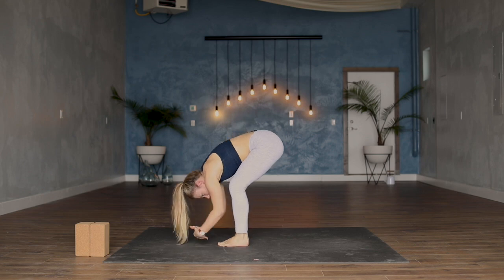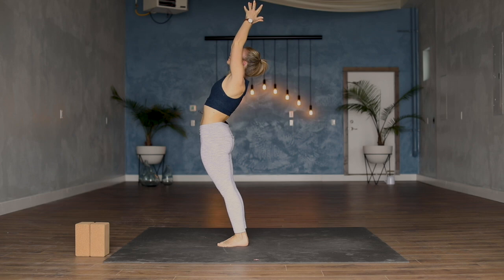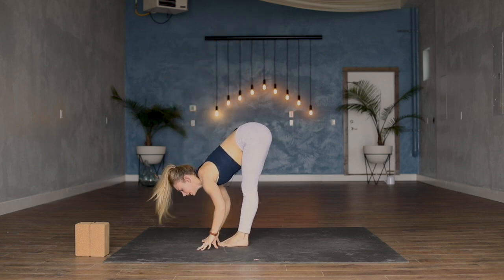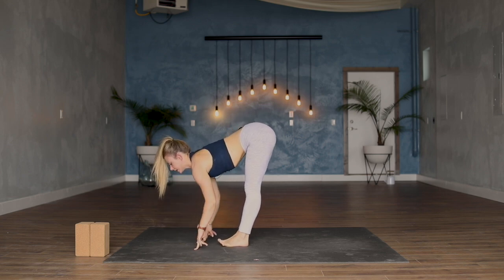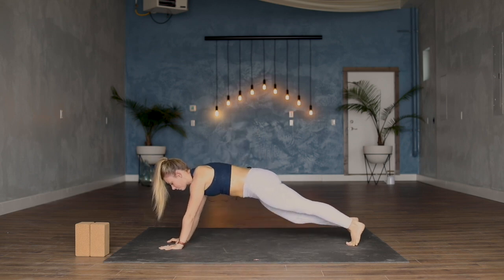Inhale to rise, come all the way through standing, palms to touch, maybe a little back bend. On your exhale, forward fold, Uttanasana. Inhale, halfway lift, lengthen the spine. Exhale to release, plant the hands, step back to a high plank, and then on your exhale, drop elbows to